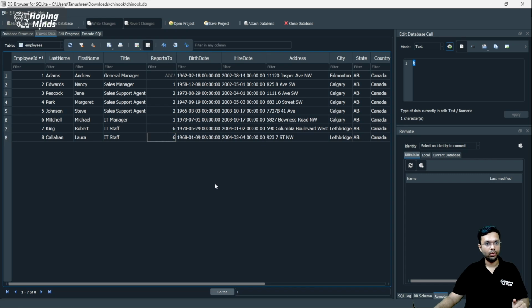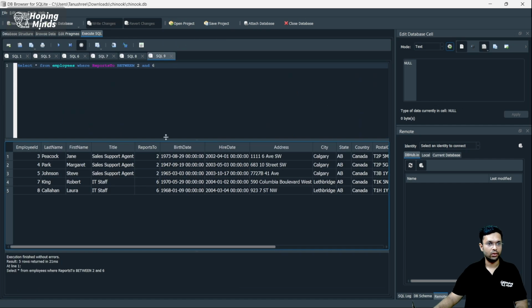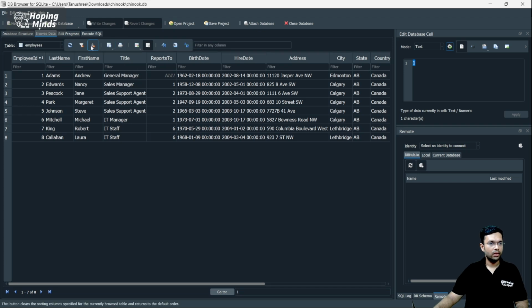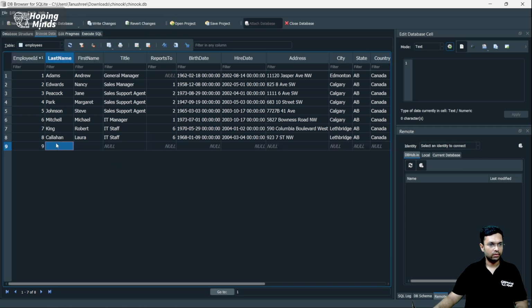Let's see if there would have been an entry with ID as reports to as 3. In this case, what would have happened is the third reports to would have also come into the answer while we are executing the query. Let's try and see by inserting one data into this. So let's say we'll put over here Yuvraj Singh, and he's a cricketer and he reports to 3